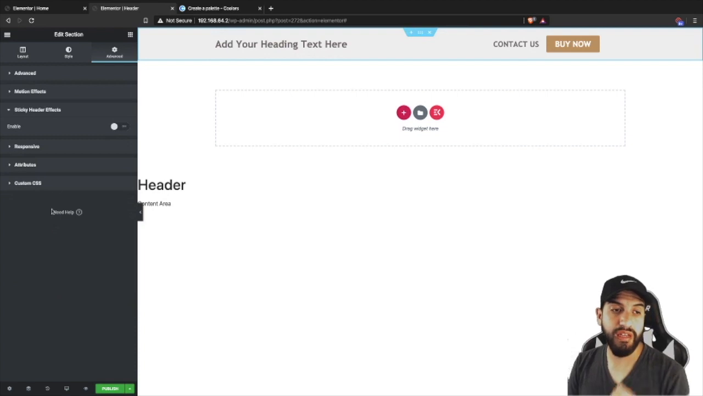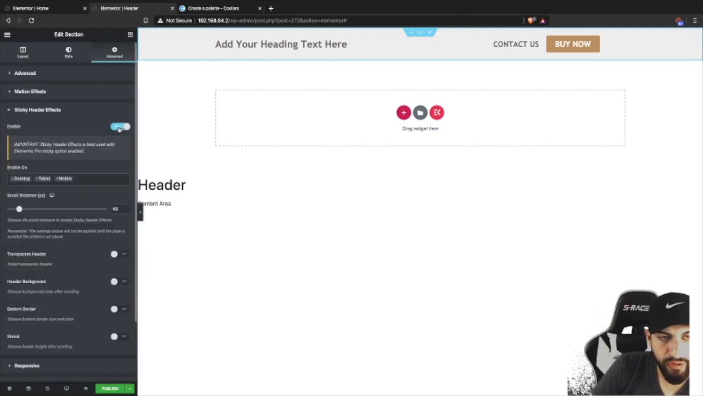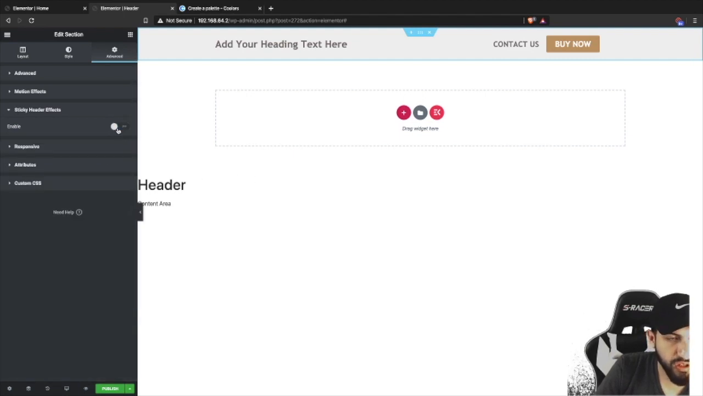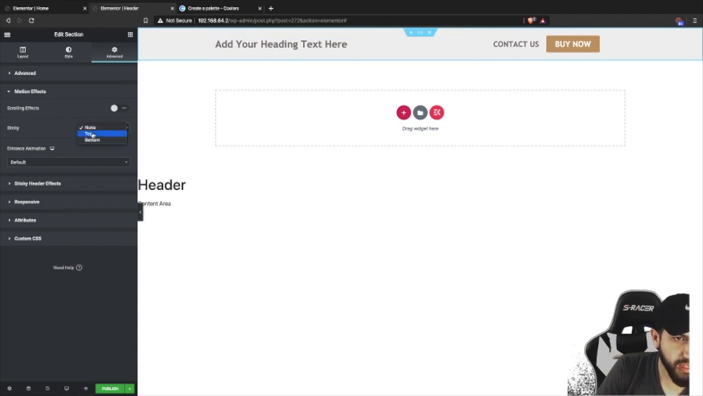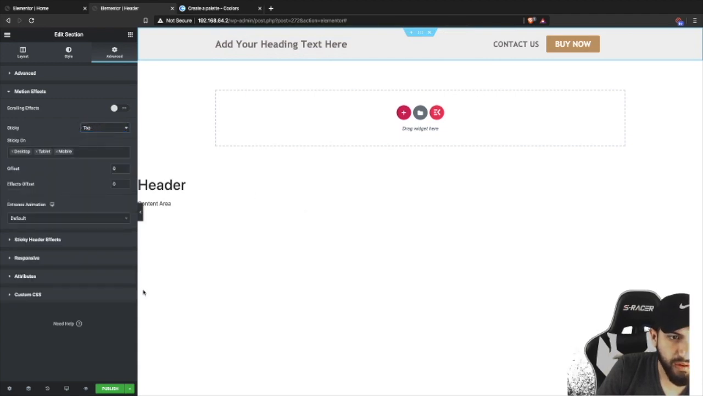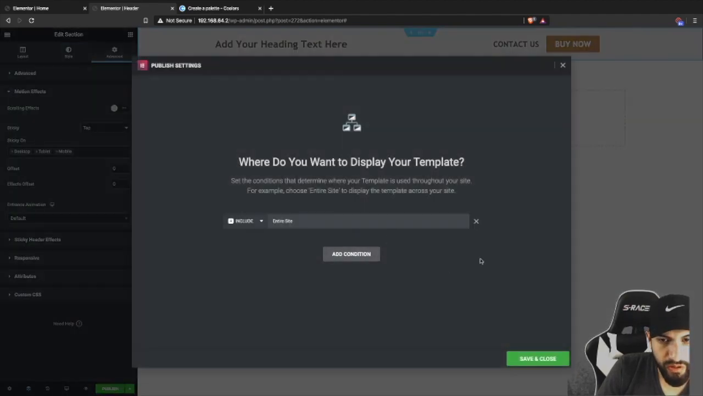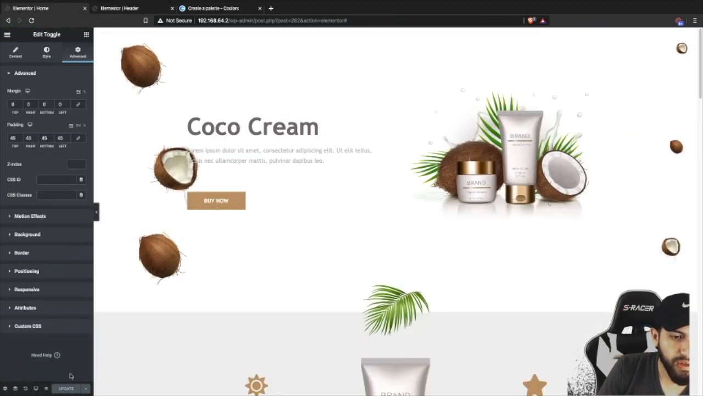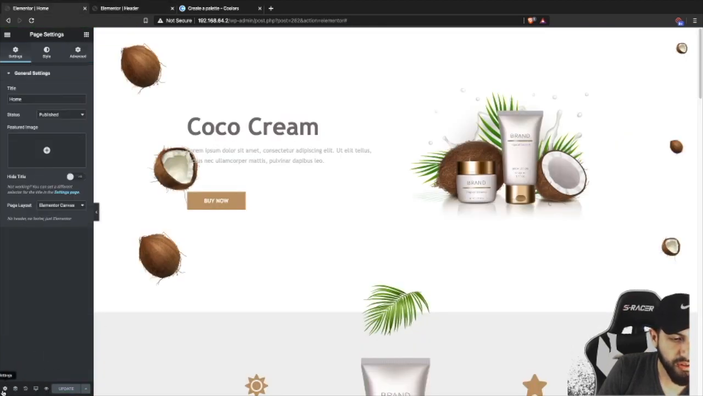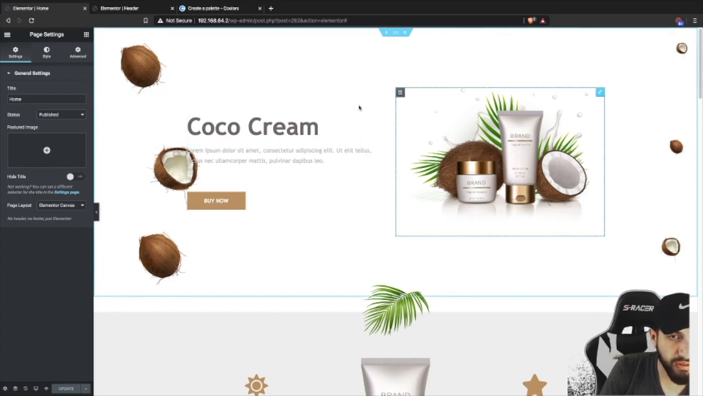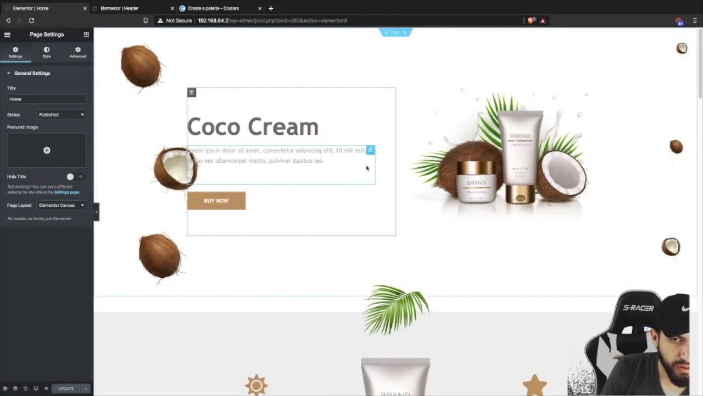Click on the section. You can do sticky header effects if you're using the plugin. Click on the section here, and then you see where it says sticky. Just click top. Then make sure, very important here, to go back to this one here, your main page, and make sure this is